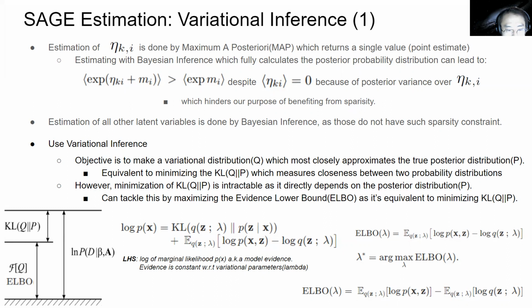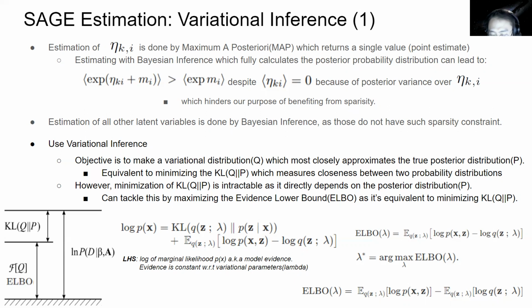So in this case, minimizing the KL divergence is exactly equivalent to maximizing the evidence lower bound. And the advantage is that to calculate this evidence lower bound, we do not need the posterior distribution. So the calculation is no longer intractable. Graphically, as you can see, when the ELBO becomes max, the KL becomes 0, right? So we have to maximize the ELBO so that it gets the same as the log of the marginal likelihood.